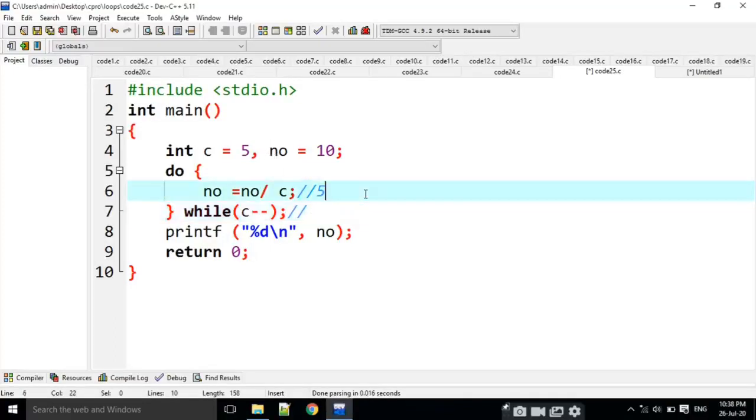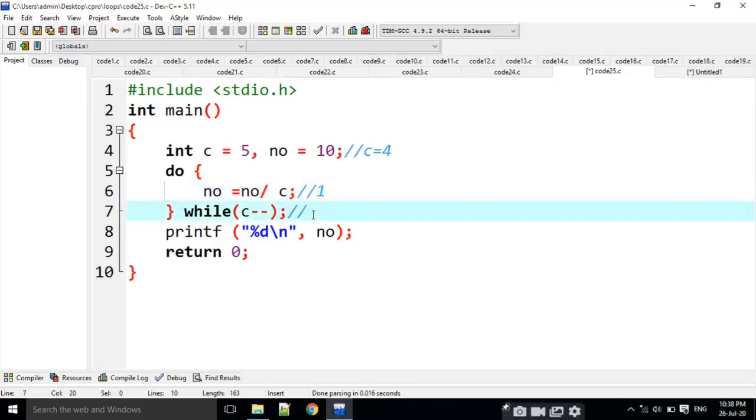C value is 5. NO value is 5. Yes, while of 5. While of 5 means it is true. Then C becomes 4. Now 5 by 4 means it is going to be 1 here. What is NO value? NO value is 1.